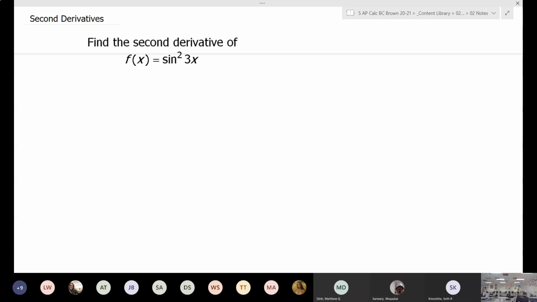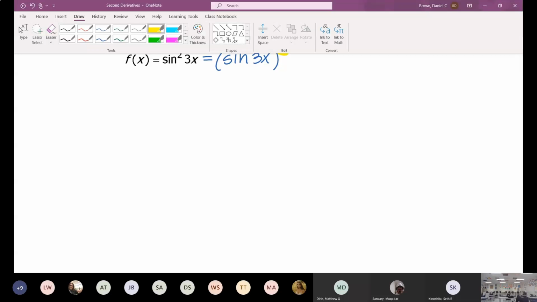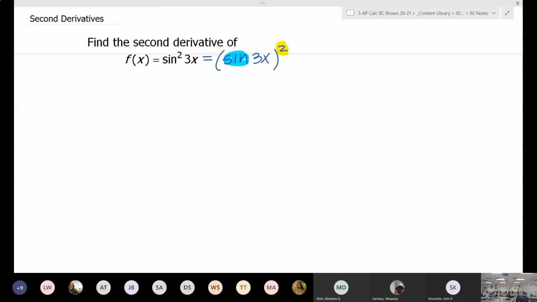So if I want you to find the second derivative of sine squared of 3x, if it helps you again, you can think of this as the sine of 3x, squared. So it is going to be one of those examples where we have to do the double chain rule, 2 chain rules, however you want to think about it. Because if you're looking at this one, we do have the squared on the very outside. Inside the squared is a sine, and inside the sine is a 3x. Making sure we label it correctly, so this is the first derivative